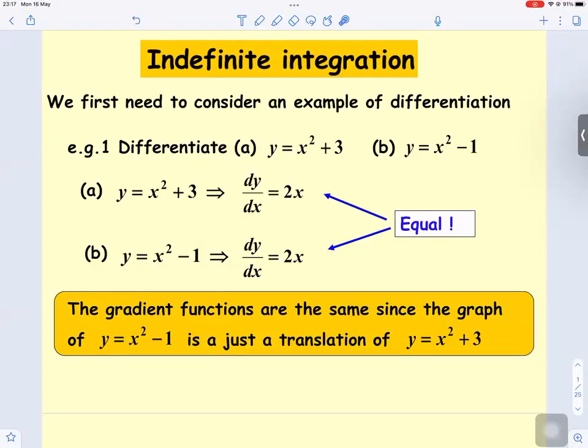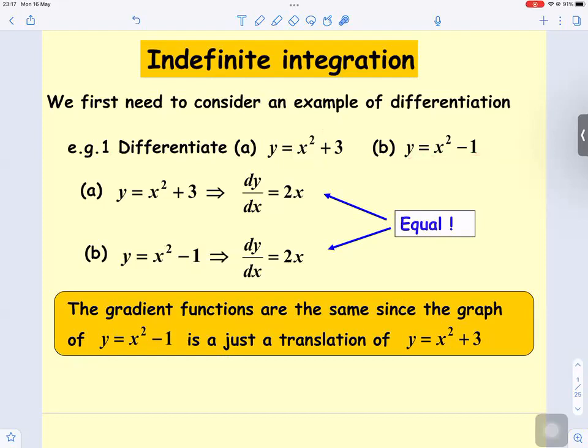Indefinite integration. We first need to consider an example of differentiation. Let's look at differentiation before we look at integration. So for example, to differentiate y equals x squared plus 3, part A, and part B, y equals